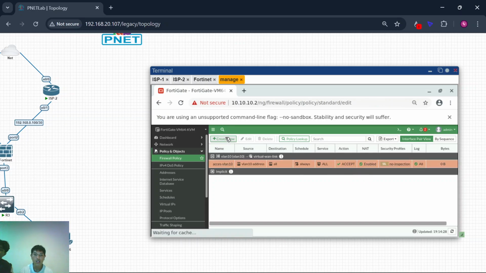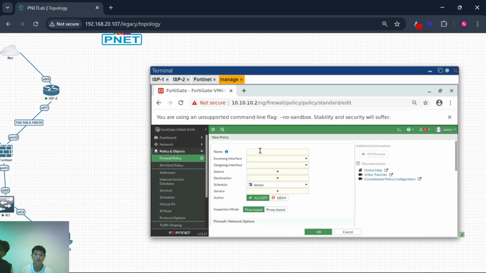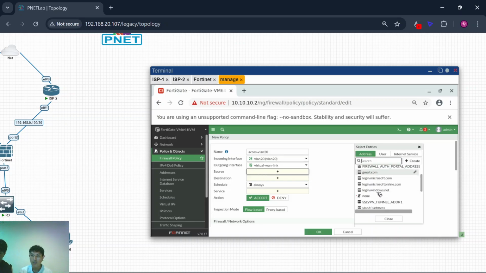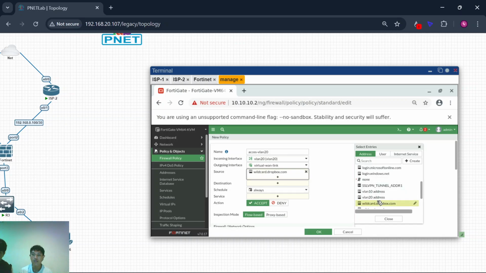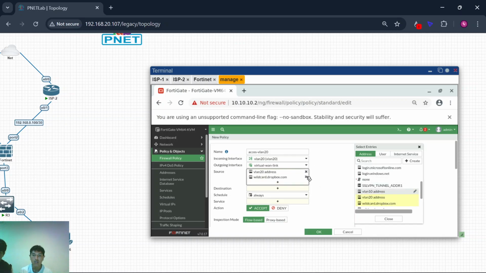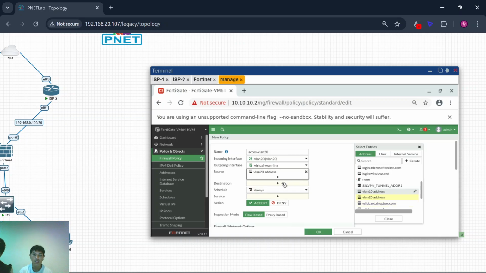So create one for VLAN 20, name access VLAN 20. Incoming interface from VLAN 20, outgoing to the virtual WAN link, and source from VLAN 20 address. This is okay.